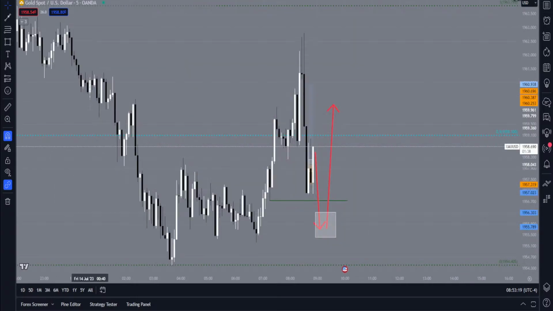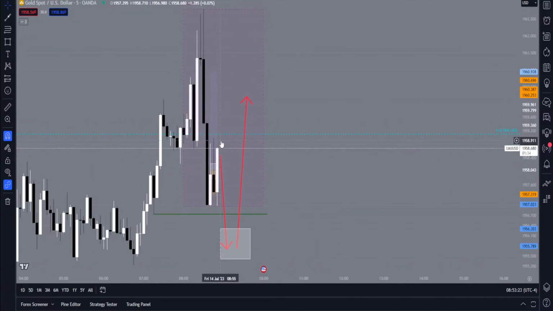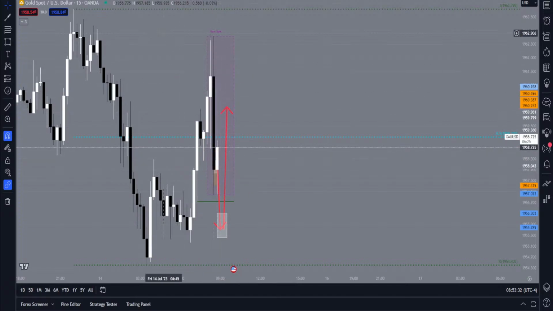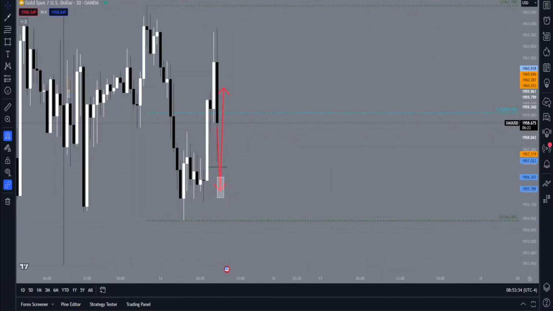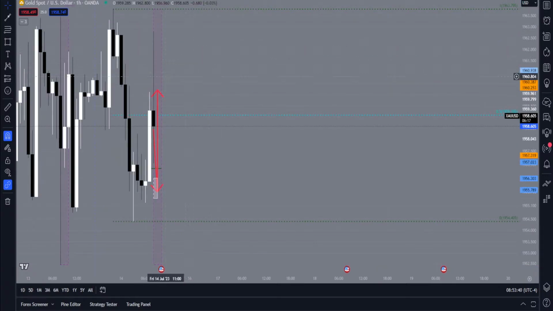Let's take a look at the 5 minute. The 5 minute is an engulfing right now, and it's about to close in 2 minutes. This is pretty much a good sign that it may continue going higher. 15 minute is about to close in a little bit. Same with the 30 minutes. Created a big wick. The hourly candle is pretty much trying to flip back positive.